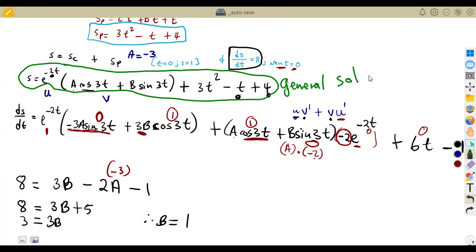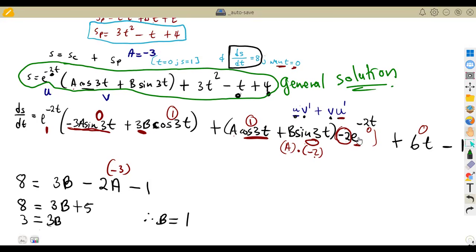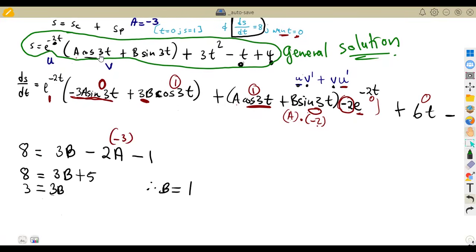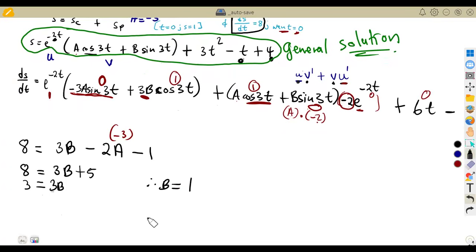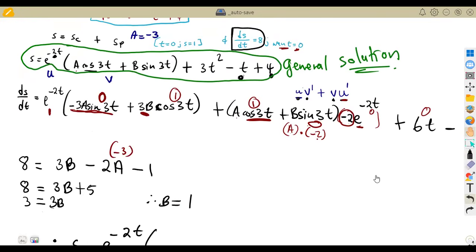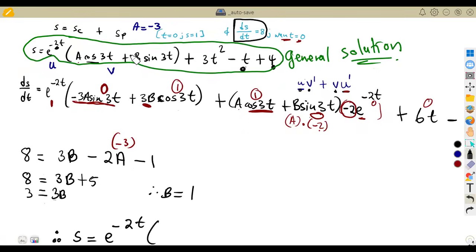Your general solution. Okay. So now, to determine the particular solution, we have to substitute A and B, because we calculated this A and B. So therefore, our S is going to be given as e to the exponent of minus 2t into A. Our A, we calculated there. Our A, remember, on top, we said our A is negative 3. So it's going to be negative 3 cos, or you can even start with the sine, or you can even start with the cos, no problem. Negative 3 cos 3t